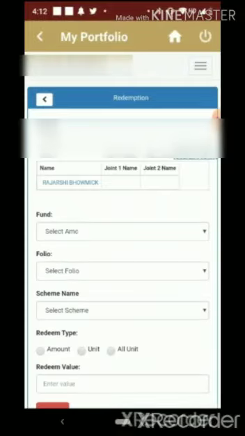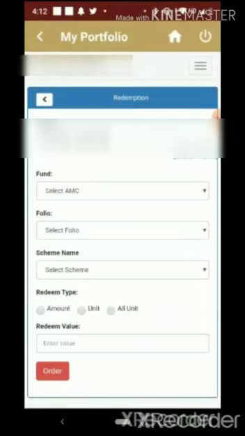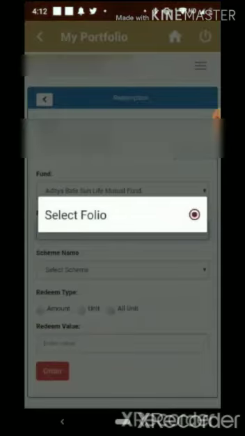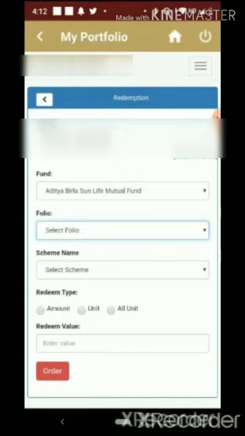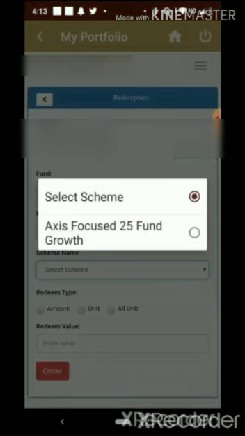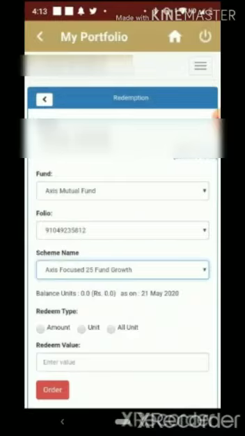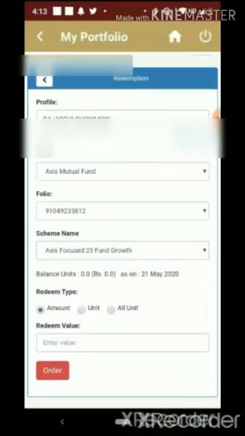In redemption also you have to select your profile, then you have to select the fund name, and then you have to select the folio number, then you have to select the scheme name, then you can select units.